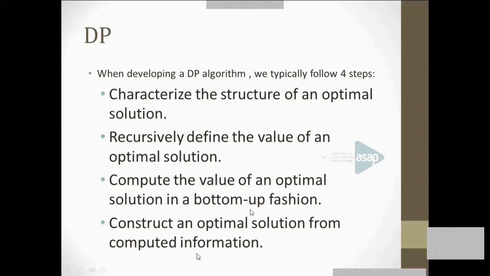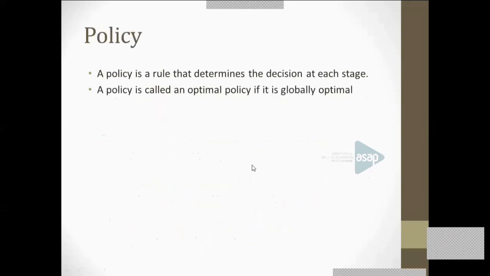What is actually your computed information? This table. From this table, finally, you have to write a function to print or display the final answer. And therefore, the important step is these three. These three steps are very important. The last one, definitely one will be knowing how to construct or print or display the final answer from this. Okay. These are the important characteristics of, or the steps in developing, a dynamic programming algorithm.